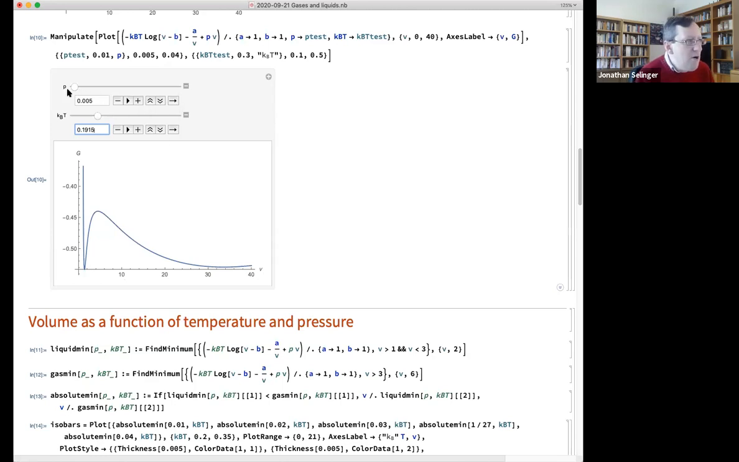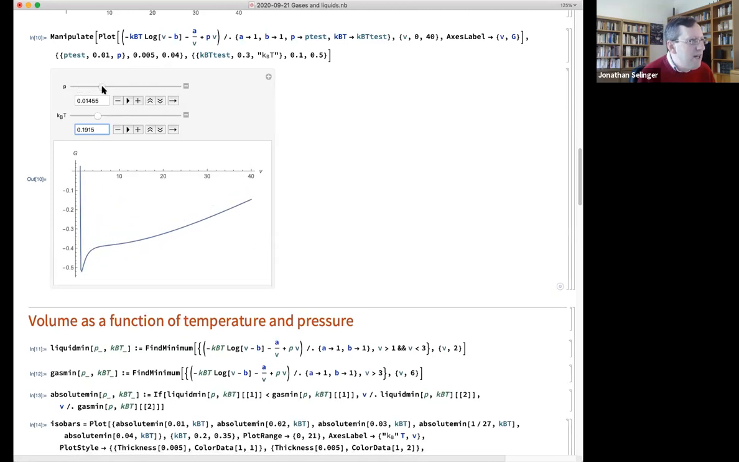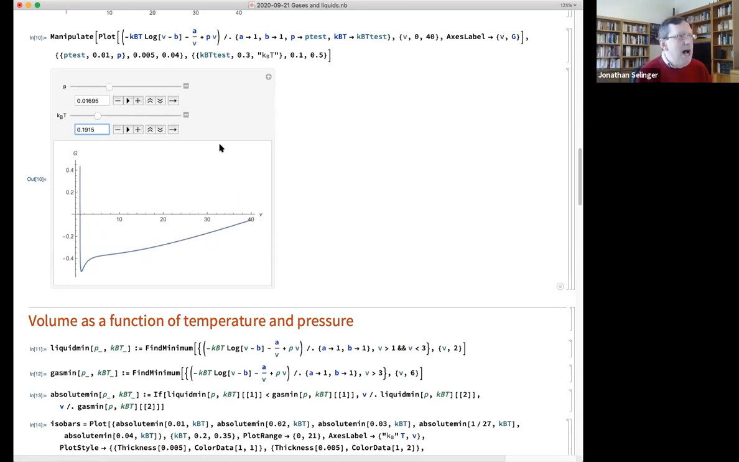Now, what if we are at extra high pressure? Okay, so I'll make the pressure higher. I don't know, I'll do it way higher than we started. Okay, here's some high pressure. Okay, so now we're in a low volume,